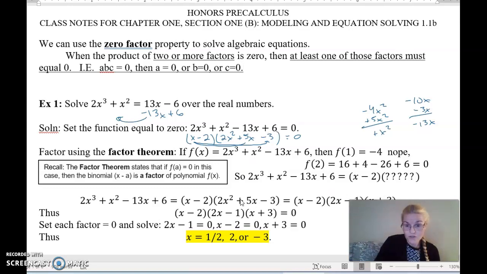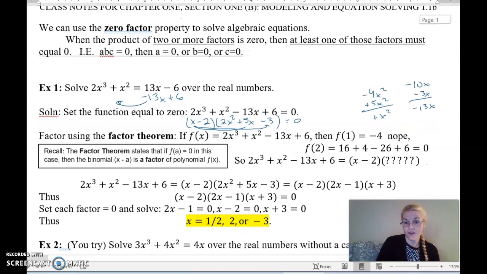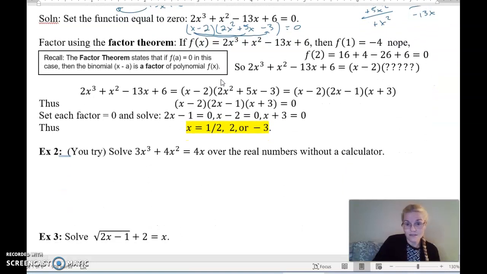So then I've got this quadratic 2x squared plus 5x minus 3, which I can then factor, right? I wrote it over here so you can see my thought process. 2x squared, only way to get that is to get 2x and x. 3 is going to be 3 and 1, and it's negative, so there's going to be opposite signs. So when I think about putting 3 here or 3 here, well, if I put 3 here, 3 times 2 is 6. If I put 1 here, that's 1. From 6 and 1, can I get a 5? Yeah, if I do a positive 6 and a -1, that'll give me a positive 5 and -3,